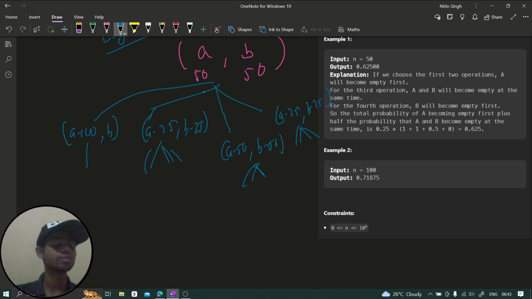But if A is also not less than 0, and we have seen A and B both are not less than 0, and A is also not less than 0,